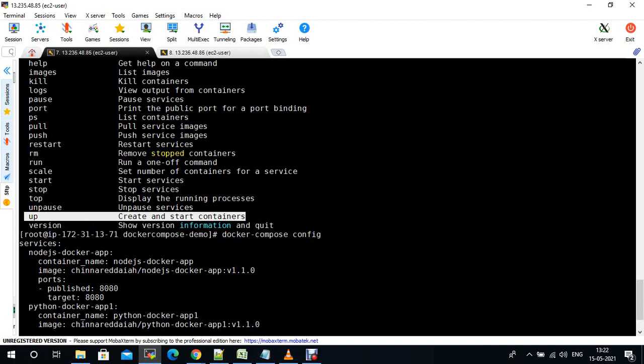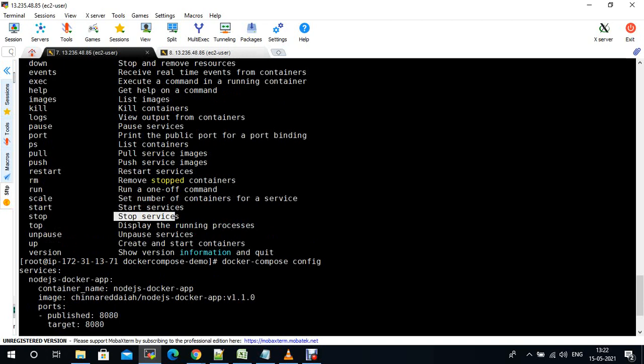Version will show you the version. Top displays the running processes, and stop stops the containers. Same, rm removes the stopped containers: docker compose rm will remove all the stopped containers. Okay, down will stop and remove the resources.